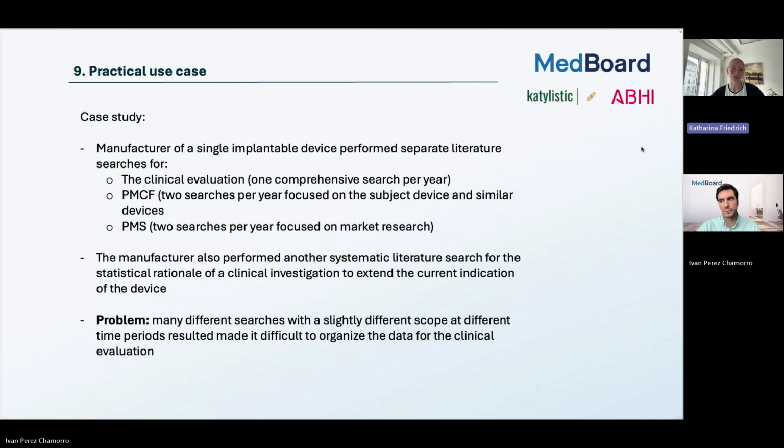simplify the work. In this case study, I collaborated with a manufacturer who had just developed their first implantable device. I think they had good processes, but somehow they developed separate literature searches. First of all, of course, for the clinical evaluation, they did one comprehensive search per year. Then they also had a different search strategy for PMCF with a slightly different scope, and this search was performed 2 times per year, a bit more focused just on the subject device and similar